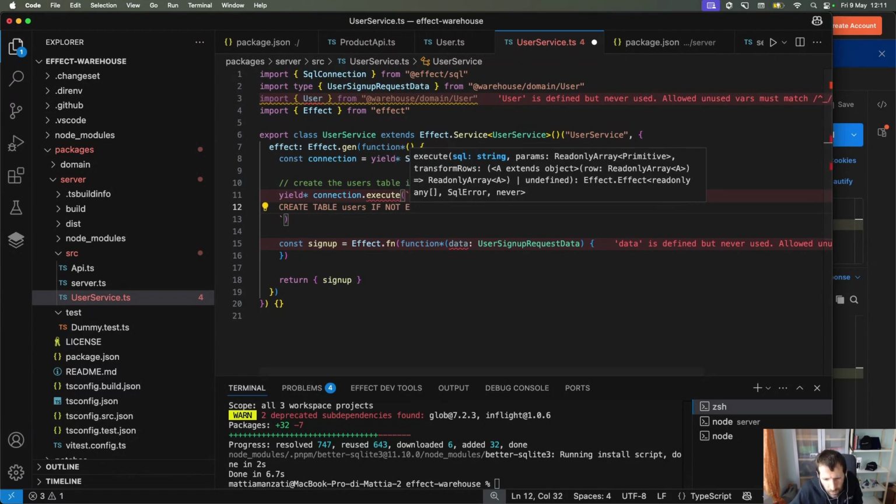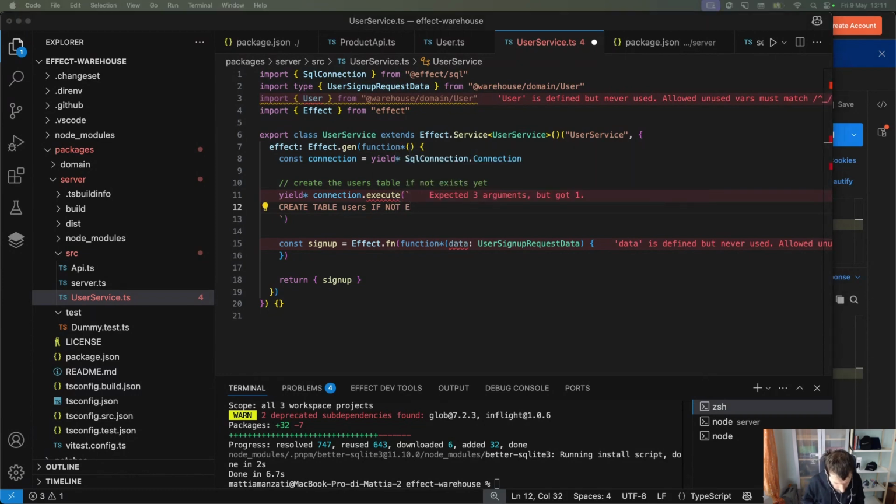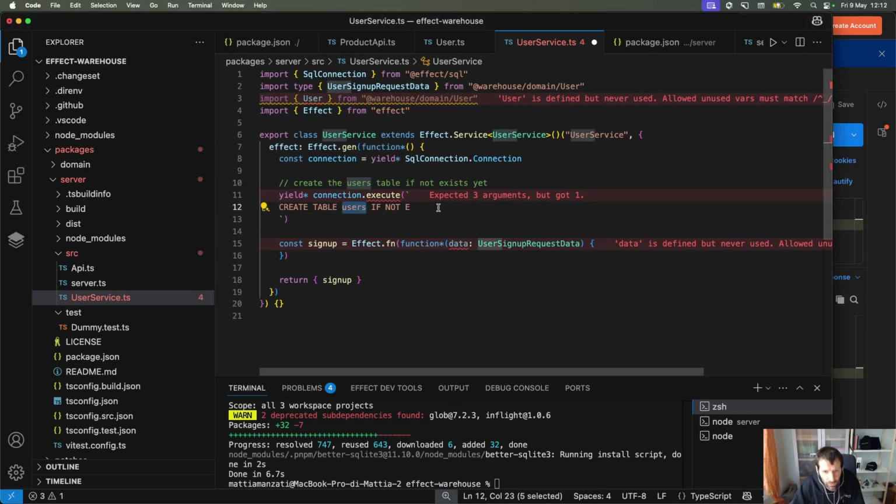I need to check up the SQLite syntax because already I don't remember. Yeah, create table if not exists users, and we say something like